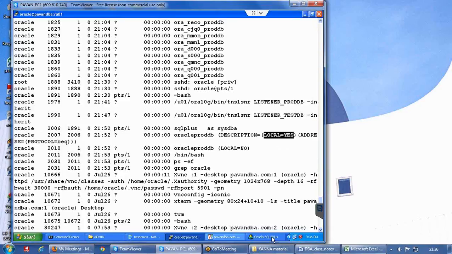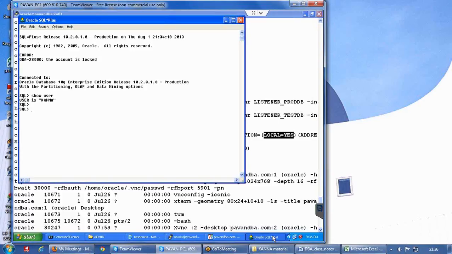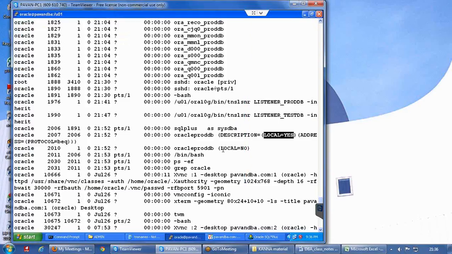But the other connection is from a remote server, so it is a remote connection. That's the reason here it says LOCAL=NO. So whenever you see a process saying LOCAL=NO, remember those connections are from remote machines. And whenever it says LOCAL=YES, somebody connected from the database server itself.